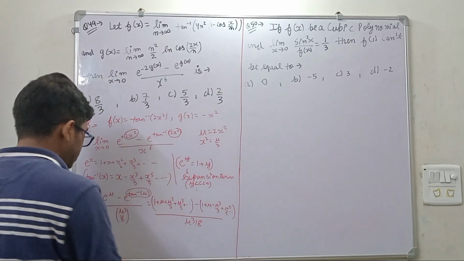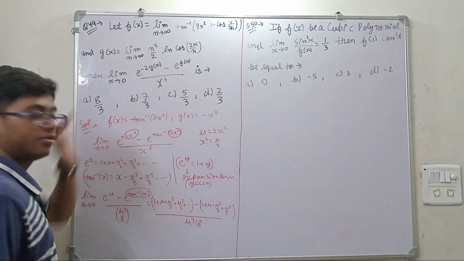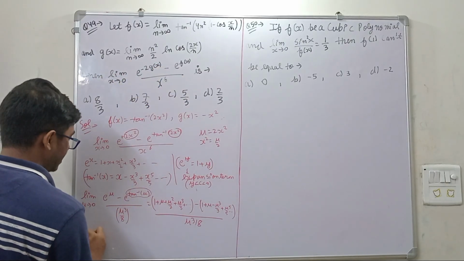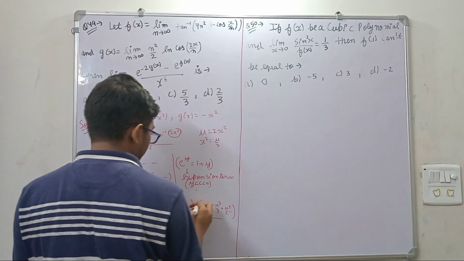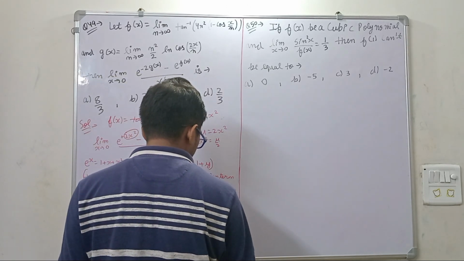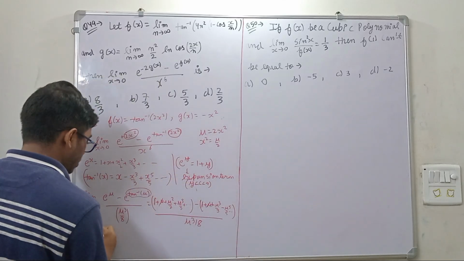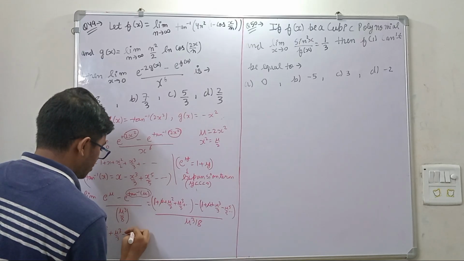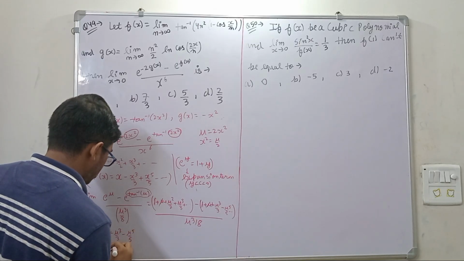Okay, this was the part where you need to find the function. This is also a very good question, can be asked in JEE. So let us assume this limit as L. So this will be what? This 1 will be cancelled, u will be cancelled, and this will be plus, and this will be minus. So this will be simply looking like u square by 2 plus u cube by 3 minus u to the power 5 by 5 upon u cube by 8.